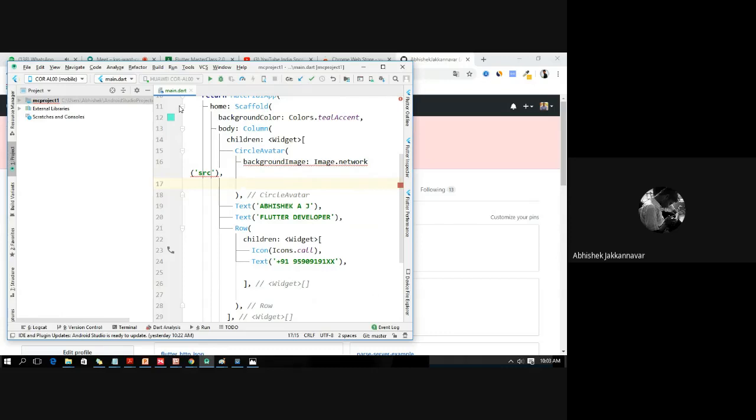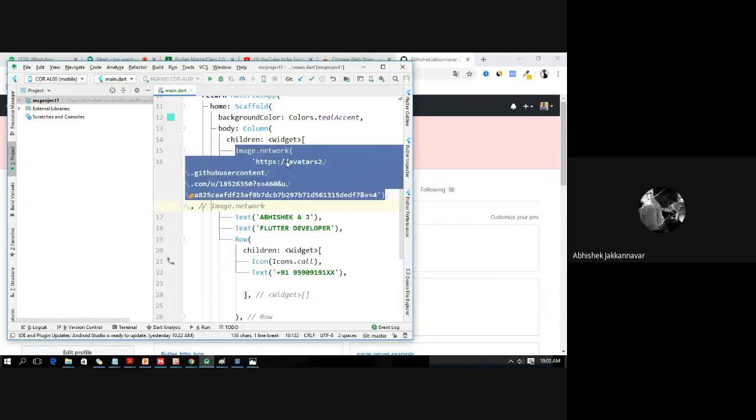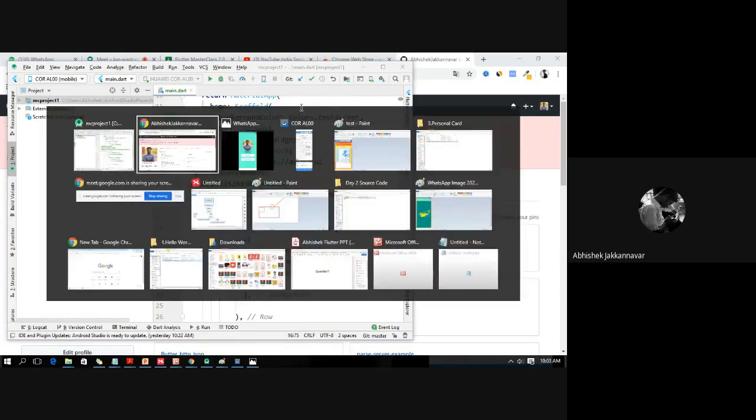Okay, so we'll keep this image as it is, and at the end I'll work on this, because now we'll be using an internal image to change it, and then we'll use an external image to also change it. So I'll show you how the images can be changed from both internal as well as external, along with the circle avatar as well. Okay, so what we will do is first,